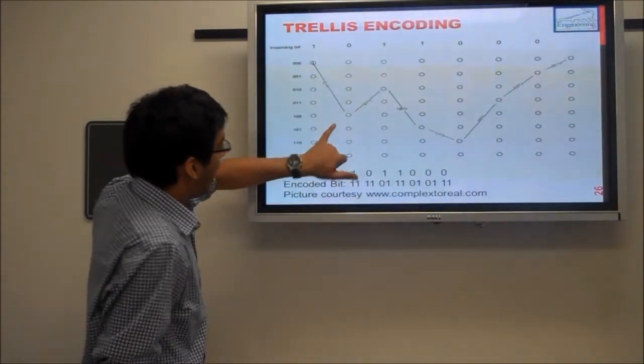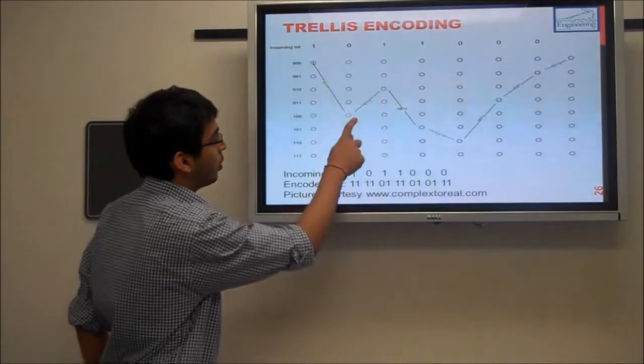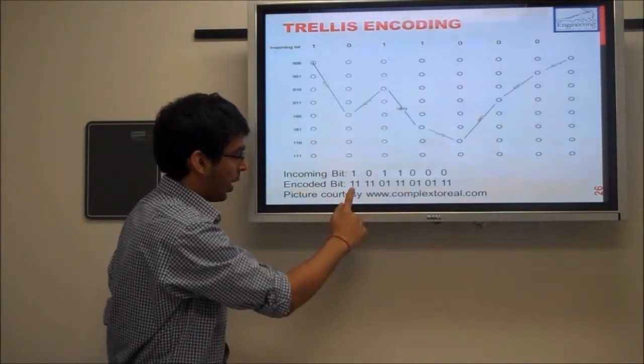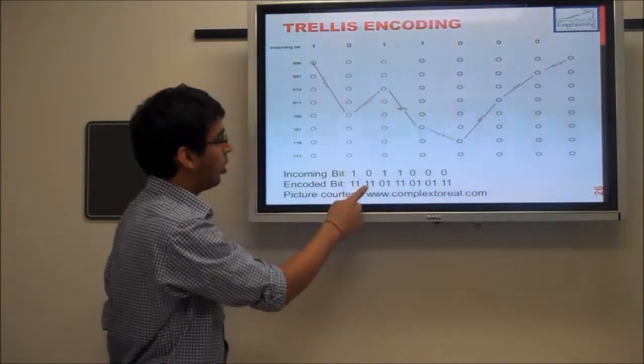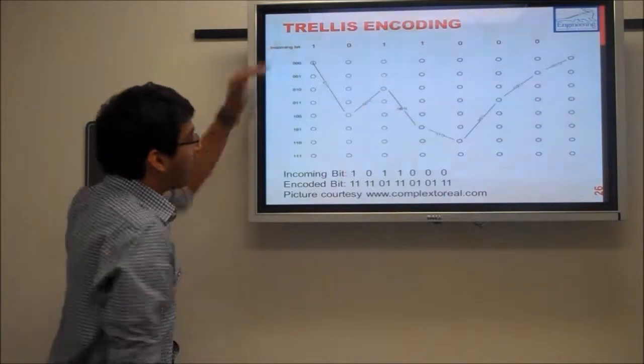You have this transition from 1, 0, 0 to 0, 1, 1. You get the output as 1 1. So if the input was 1, the output becomes 1 1. Now the next input was 0, the next output is 1 1, and we keep on traversing through the trellis